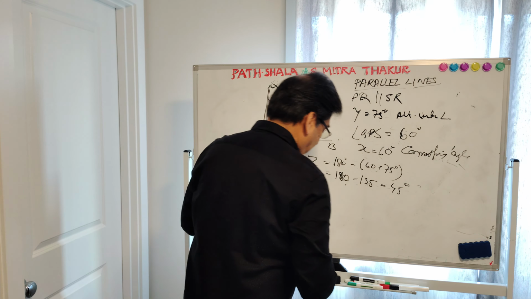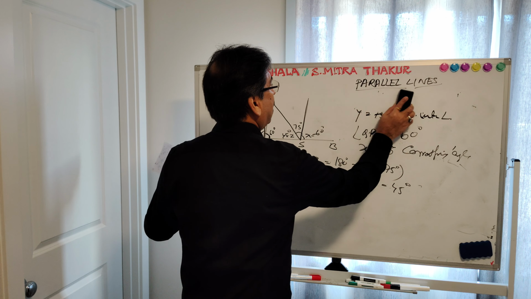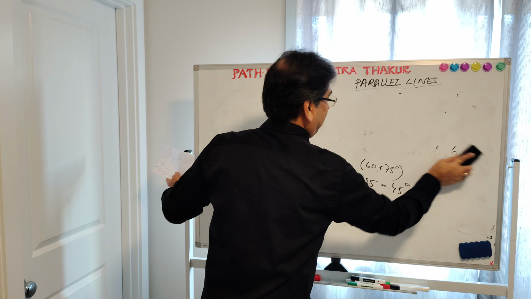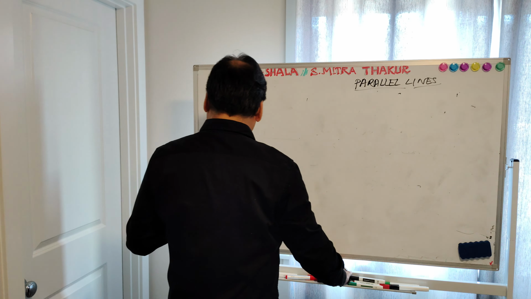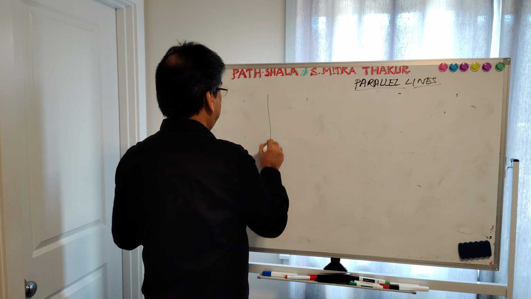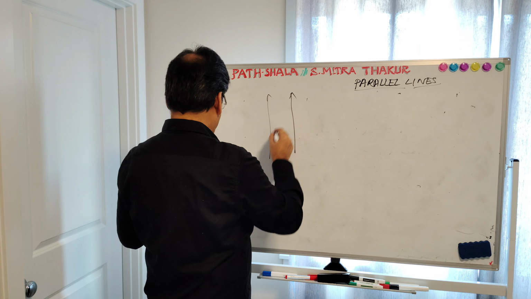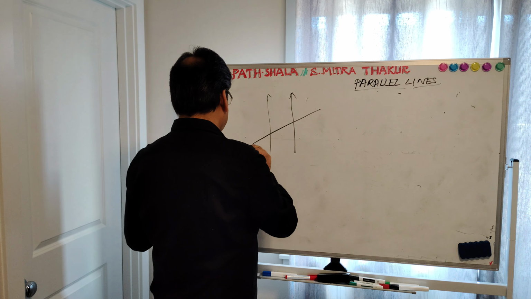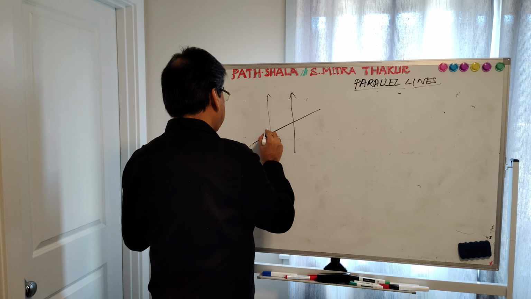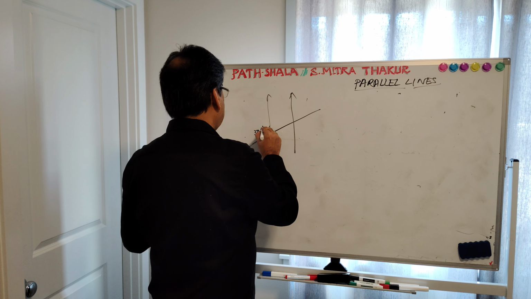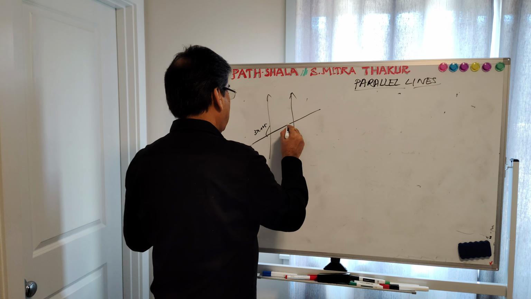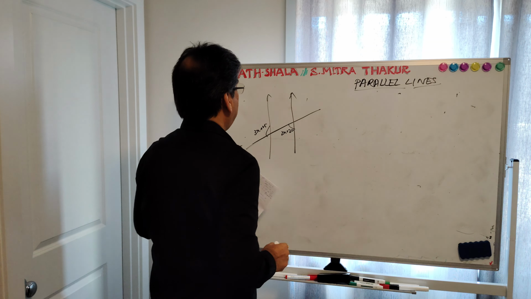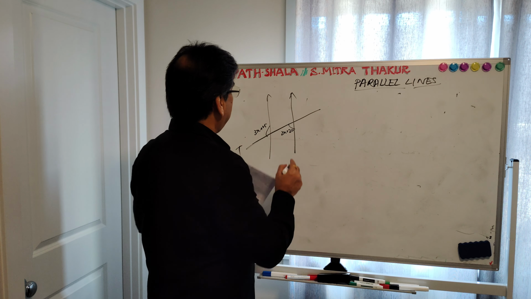Again, another math. Also, this is the last math of this chapter. We just follow these two parallel lines here, and this is the transversal line. Transversal line, it is T, these two parallel lines. Here 3x plus 25, and it is 2x plus 20. Right? This is 3x plus 25, so it will be also